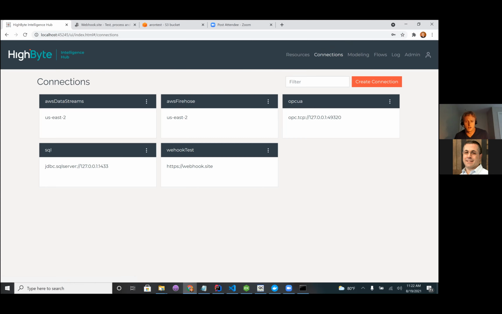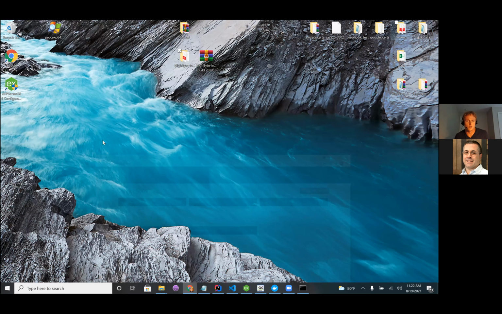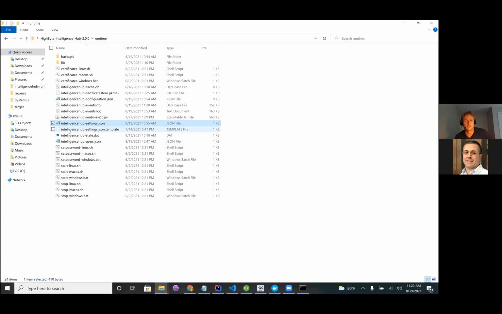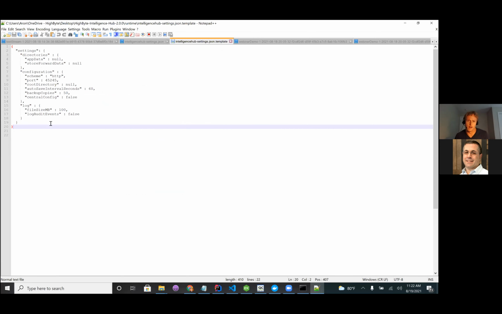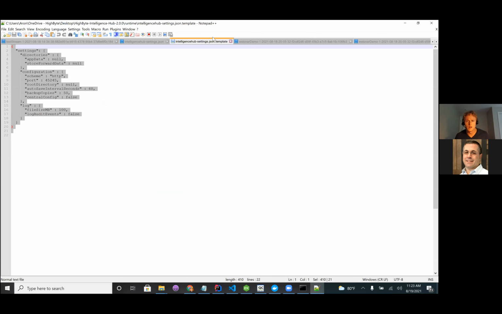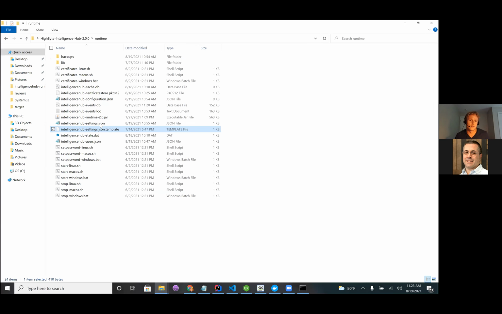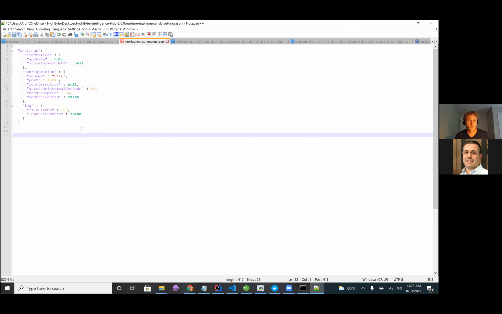So the first thing we're going to do is put it in central config mode. And the way we do that currently in 2.0 is in the initial install, you'll see this default settings JSON template file. And if you open that up, those are like our application settings. These are all the default values. So I would copy that, and then you could just take the template off it, and we'll look for Intelligence Hub settings JSON. So I'm going to open that one up, copy in all the defaults,